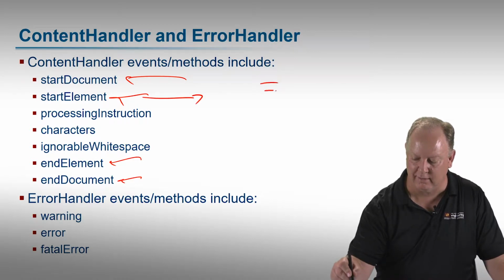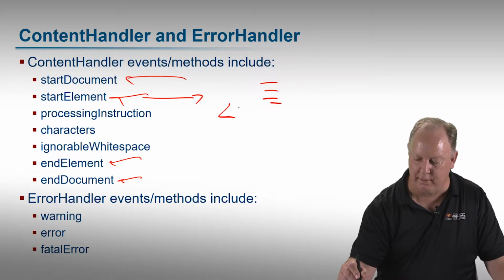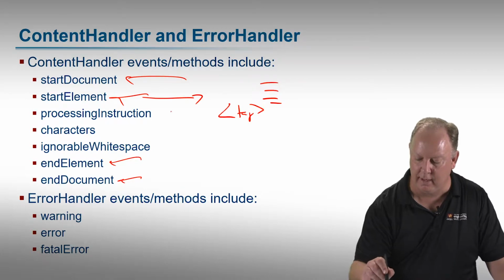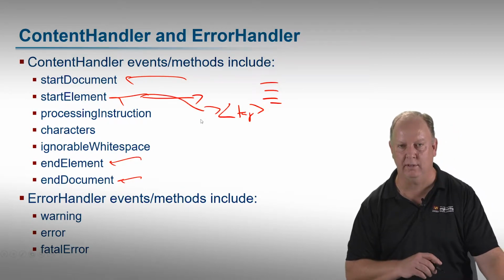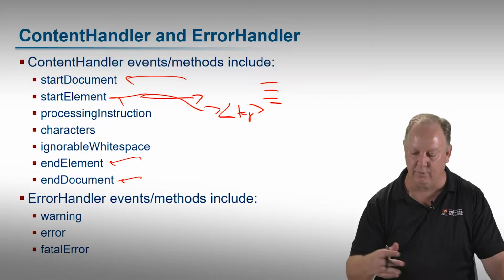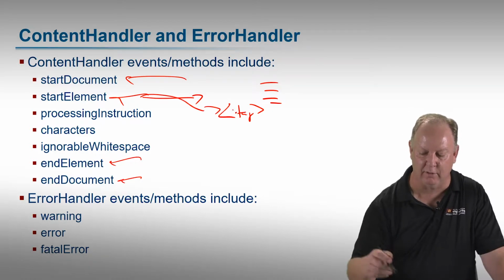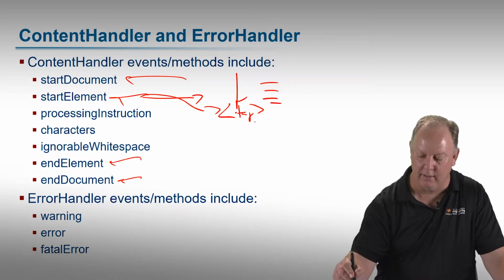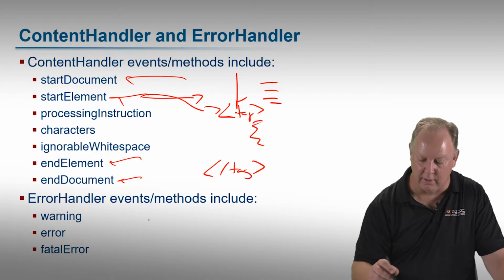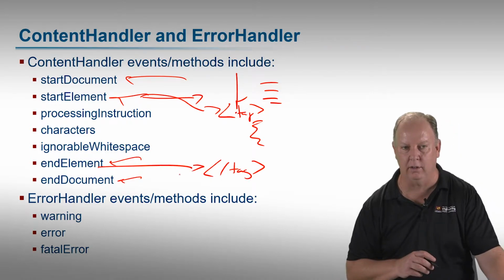When we're processing a document and we come across an open tag, an open tag is a start element. It starts an element type of node, and therefore we implement startElement and we get called back when the SAX parser encounters that going top down. And then there's going to be some stuff inside the tag, and then I'm going to have an end tag to end the element. I'll get the corresponding call there.